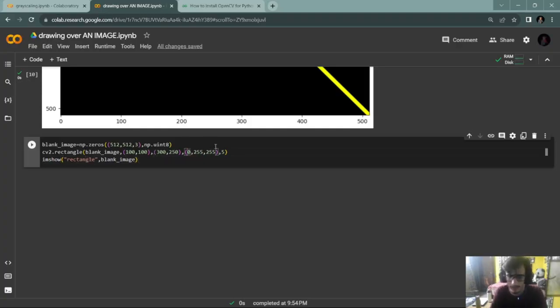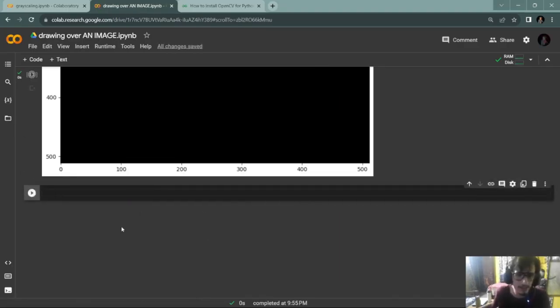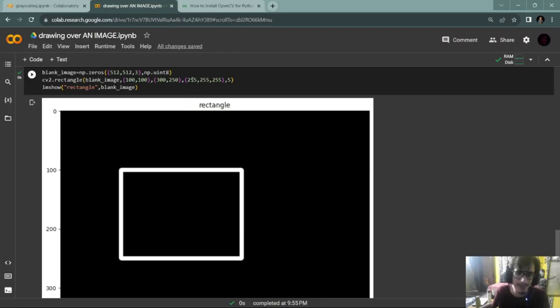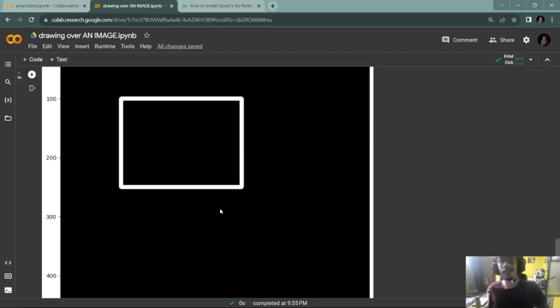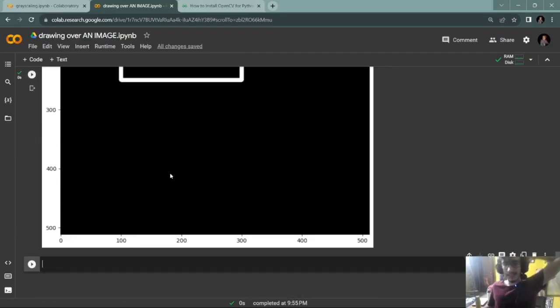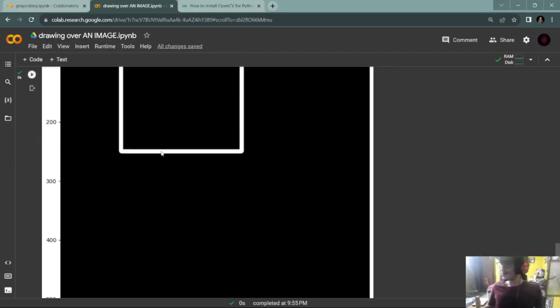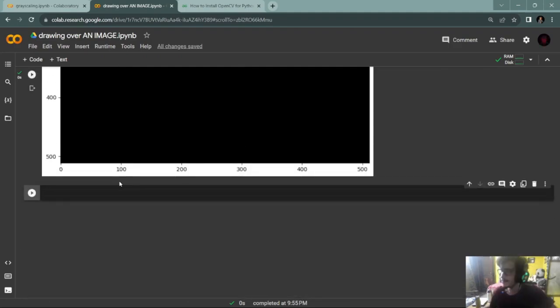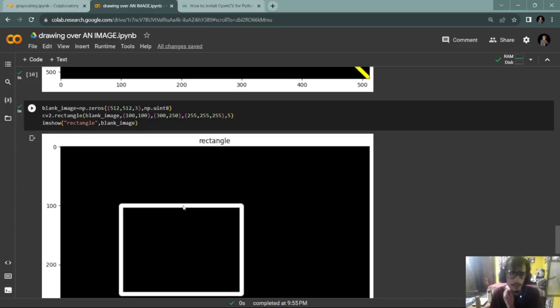Let's see. It will give the white line according to me. Yeah, 255, 255, 255. RGB 255, 255, 255 makes a white line. Okay, so let's make